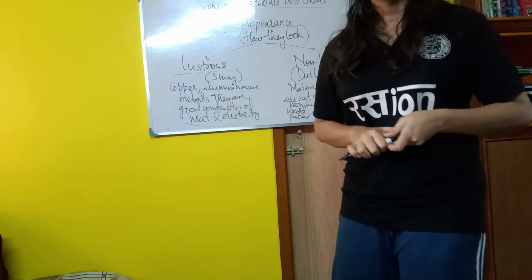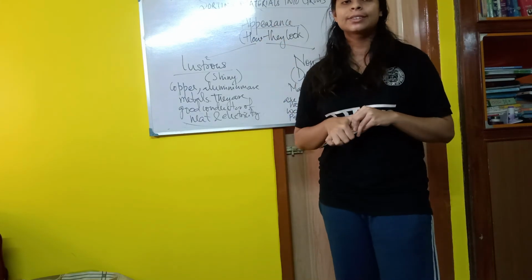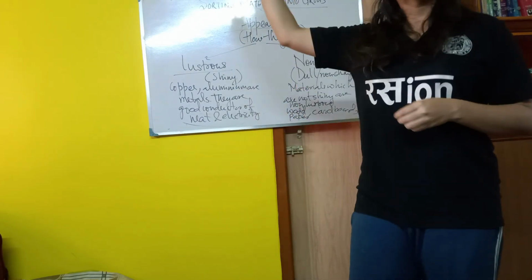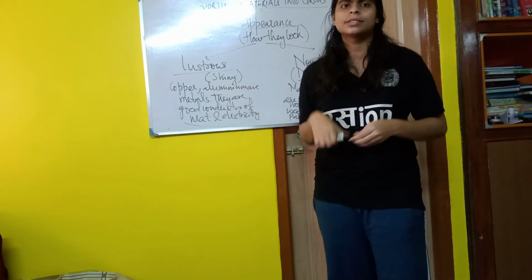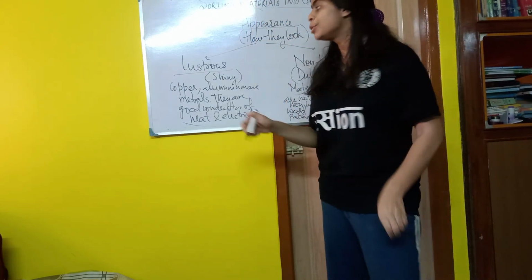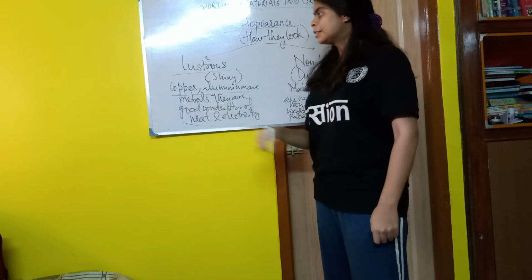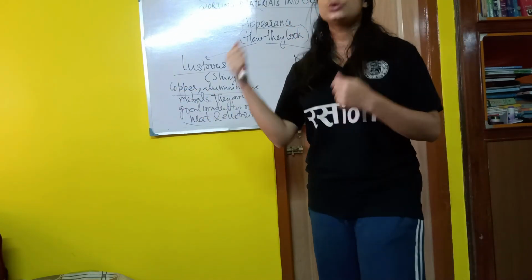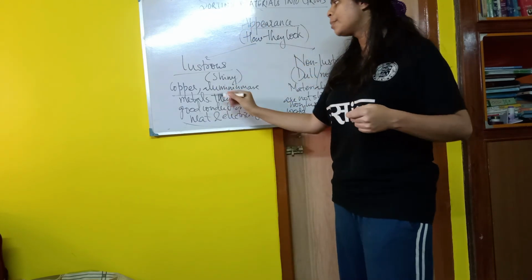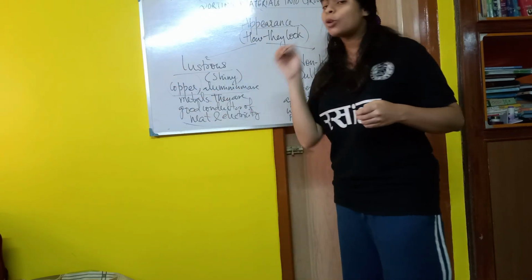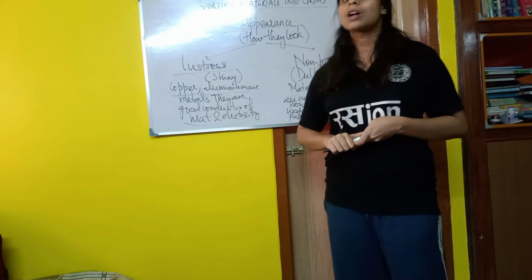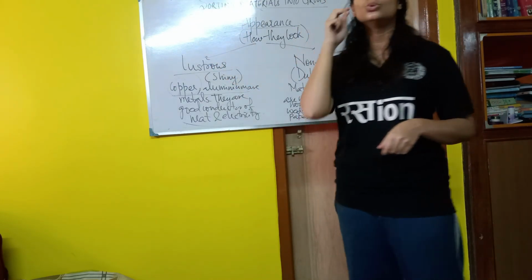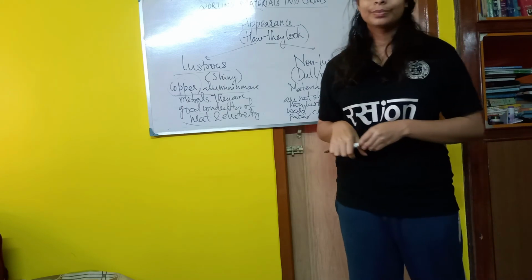Just imagine how we are able to get electricity. Electricity is produced in factories, and from those factories we are getting the electricity. How is it possible? This is because of metal. This copper is turned into wire, and this copper wire helps us to transfer the electricity from the power plant, from factories, to our home. Understood?